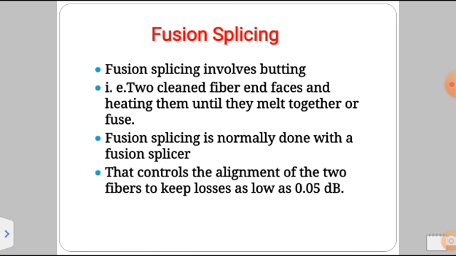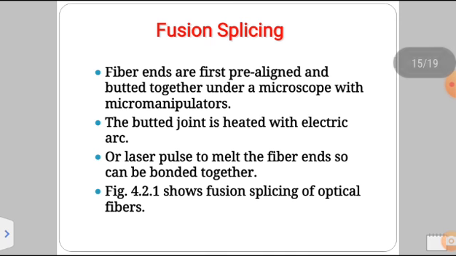Ideally there should not be loss, but it's a practical mechanism. When you're permanently fusing two fibers together, a certain amount of loss occurs. That is 0.05 for each splice. There are so many splices; every 500 meters there is a splice connection. Just imagine, it is cumulative, and we have to take care of that.